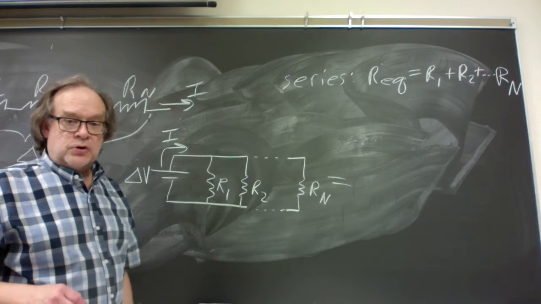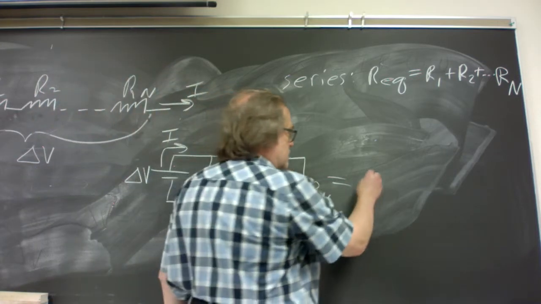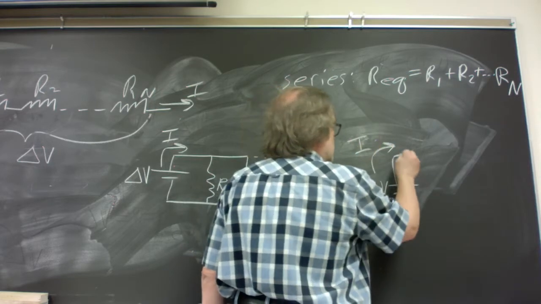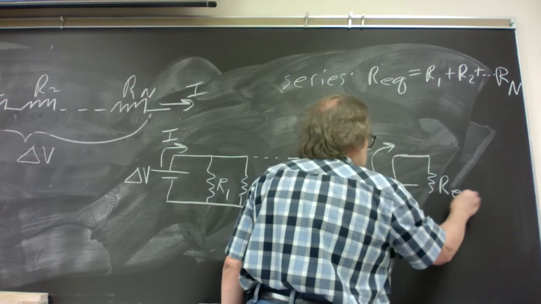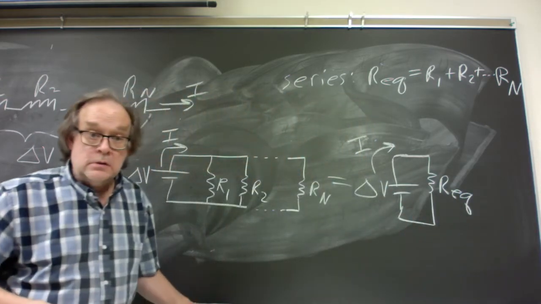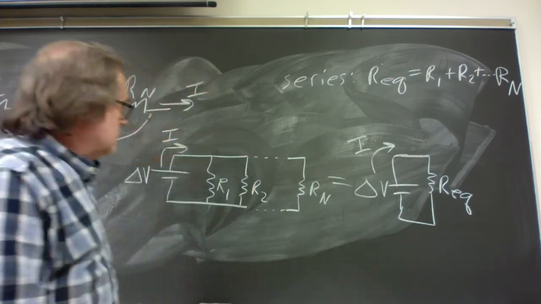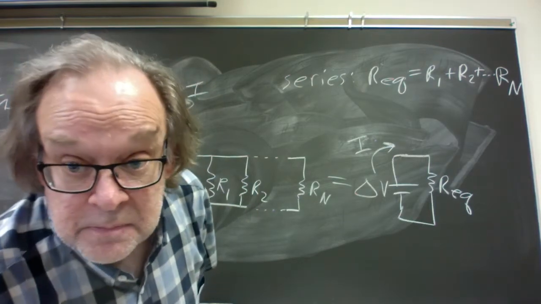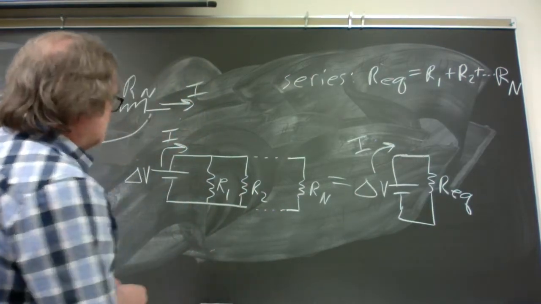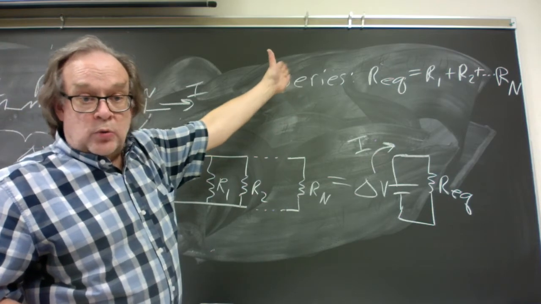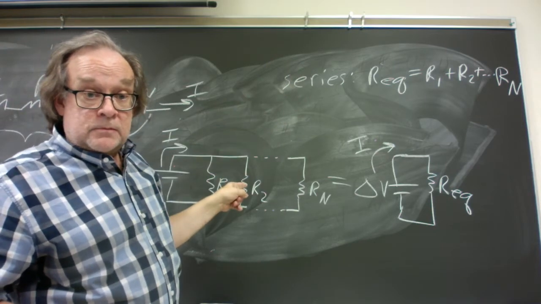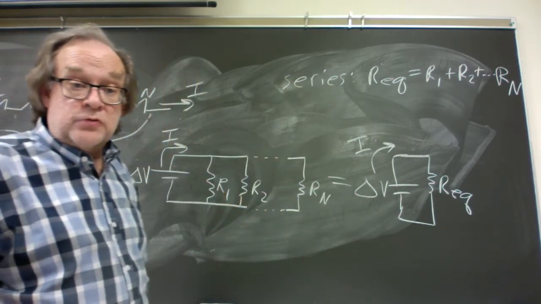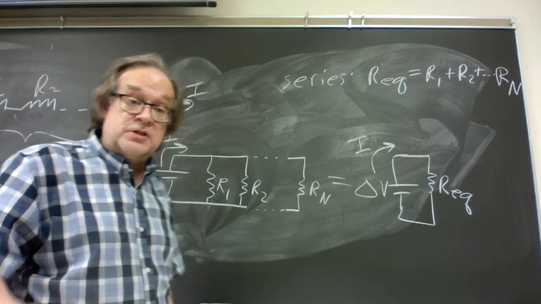So this complicated circuit is equivalent to a simpler one where the same potential difference pushes the same current through just one equivalent resistance. So, same question, how does that equivalent resistance relate to these n different resistances? Well, in figuring out how they were related in the series case, we used the fact that they all had something in common, current. Here in the parallel case, again, we use the fact that they all have something in common, and that's potential difference, because